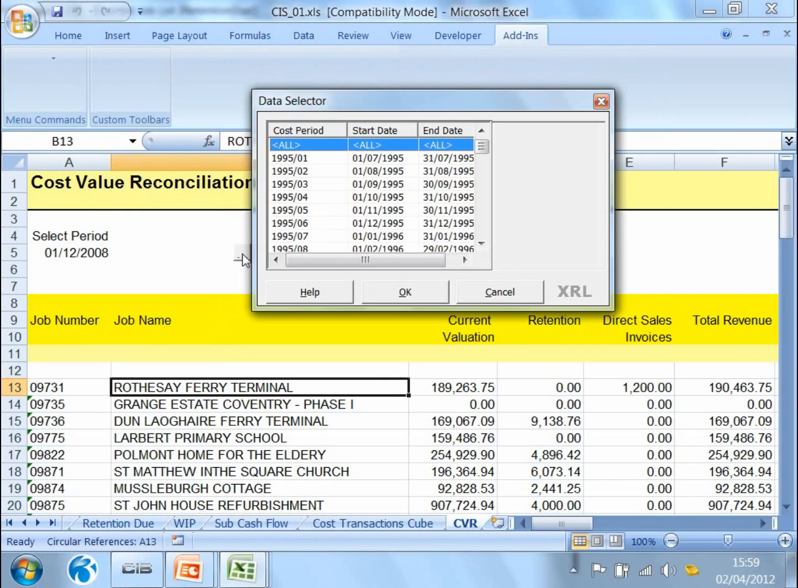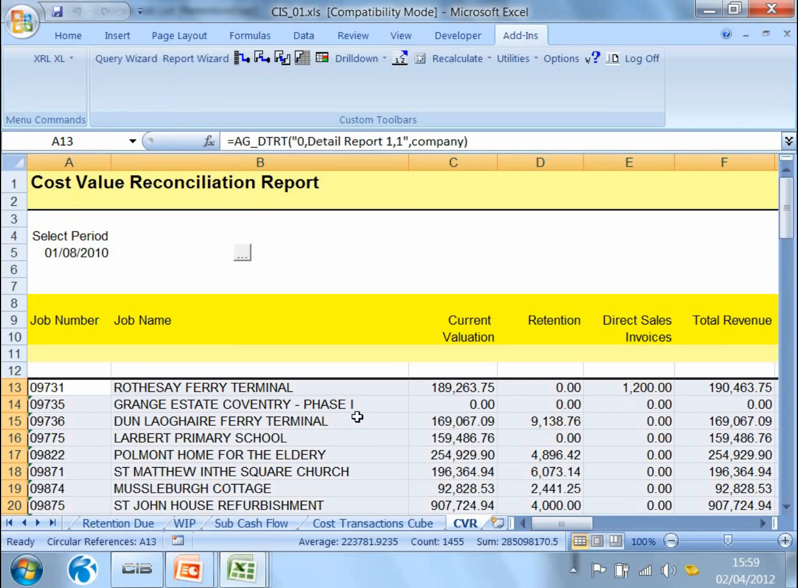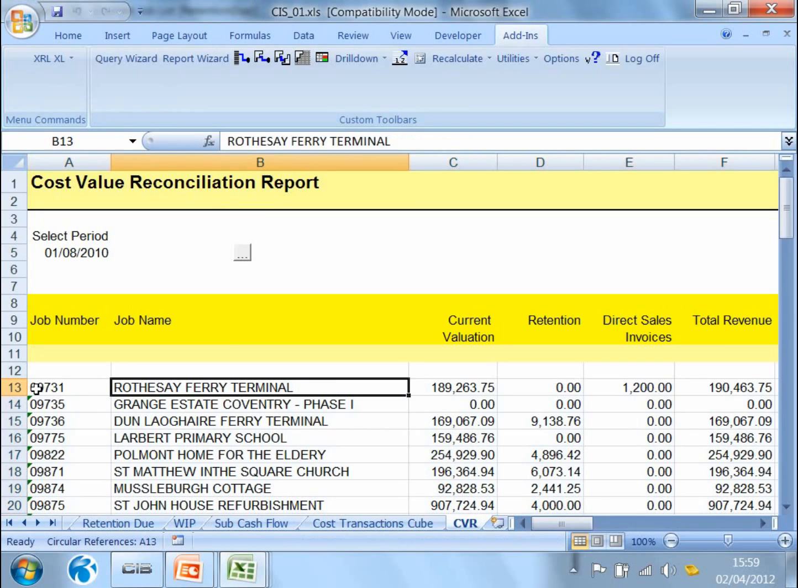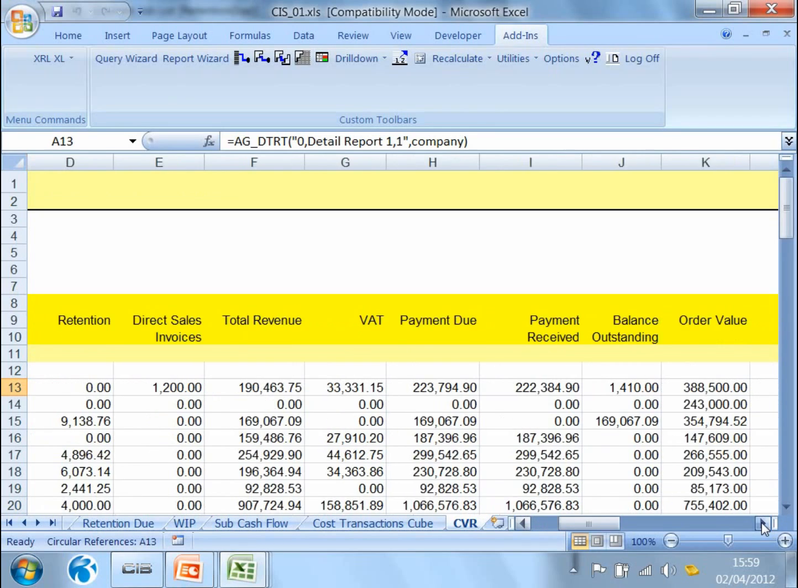Let's change the date. I'm going to change the date on this to be my current period, and I'm now going to get it to recalculate based upon that period. It's now retrieving all the information up to that particular date, and now I can see that I've got the job number, the job name, the current valuation that's on that job, what's being held back within retention,